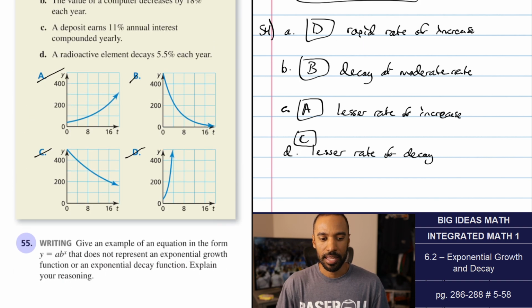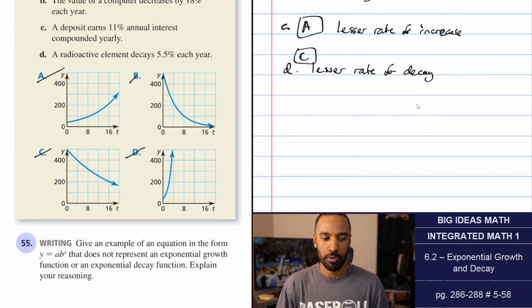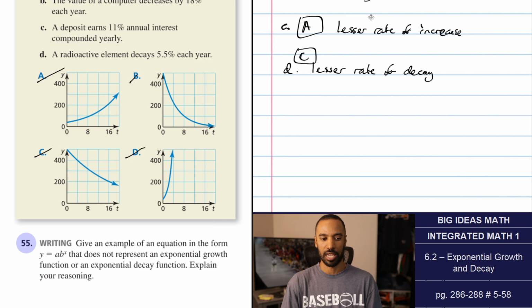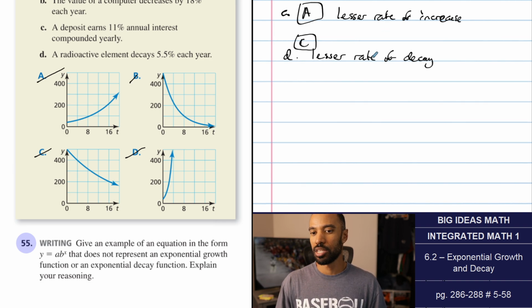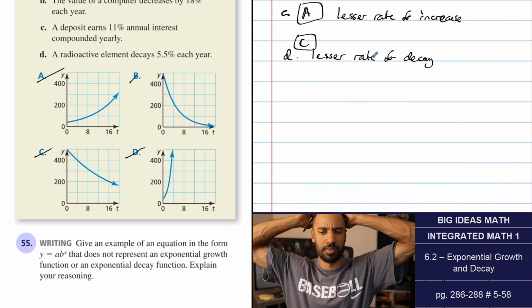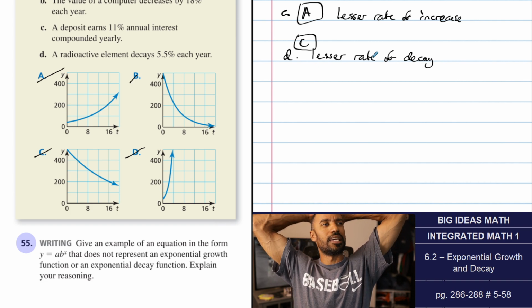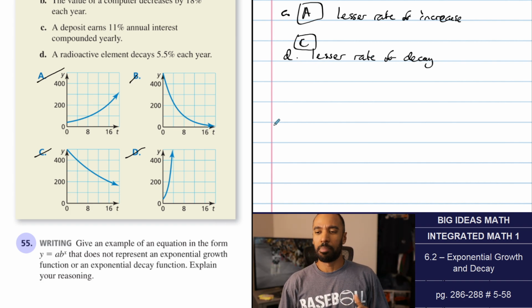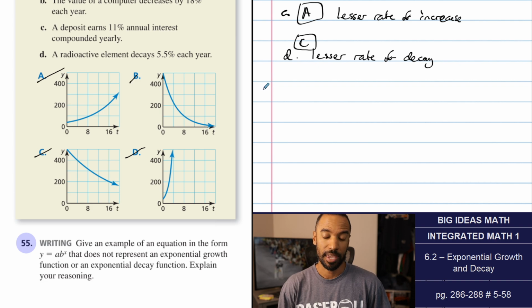Number 55 on writing: give an example of an equation in the form y equals ab to the x that does not represent an exponential growth function or an exponential decay function. Explain your reasoning. I'm guessing if you make something negative, let me think about it. It's all about the b value. If I make the b value negative, or if I make a 0,